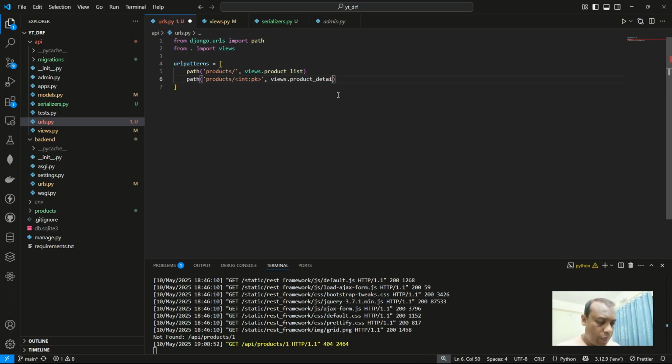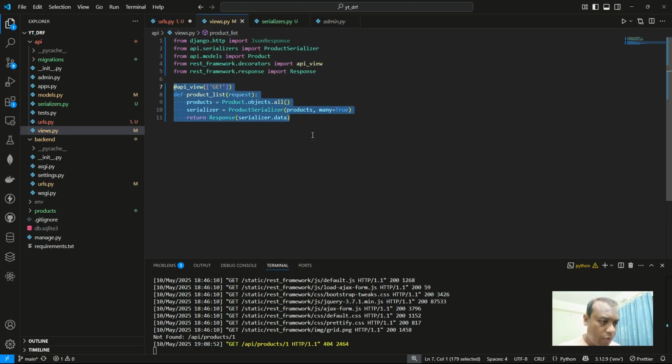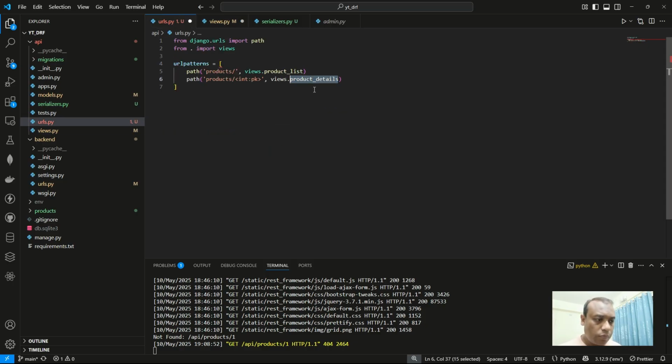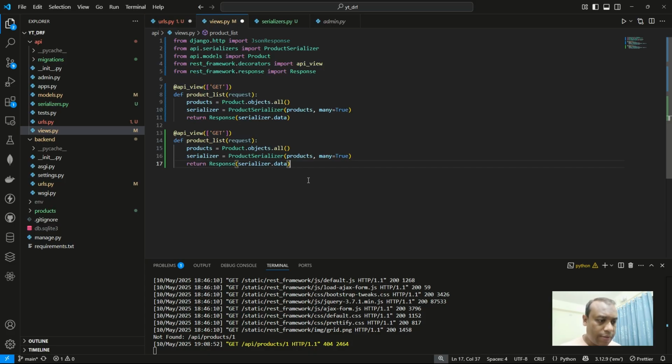Let's create the new function product_details in the view file. Just copy this code base and paste it here. When you retrieve the whole product list or any specific product information, those are actually GET methods. Okay, so now I am changing the function name as I declared in the URL file,